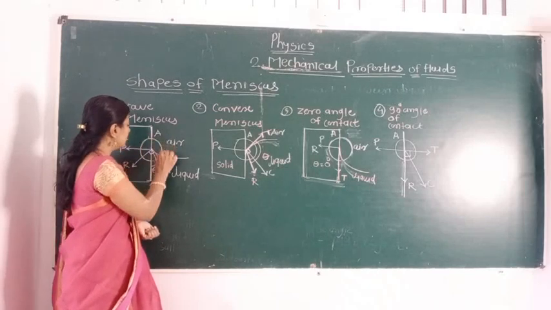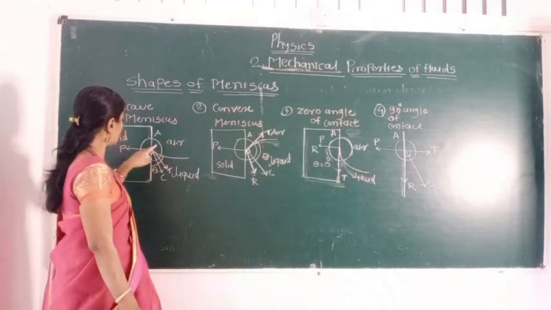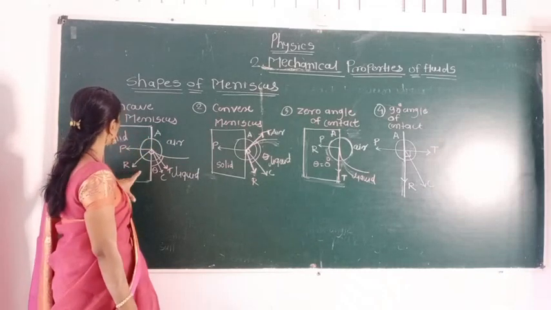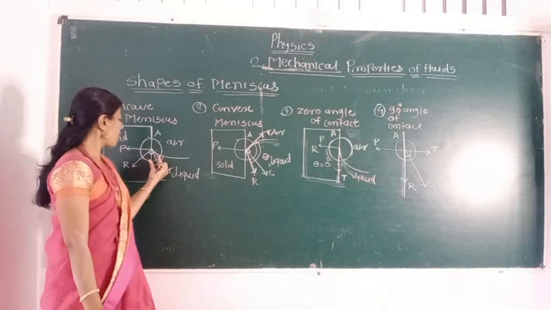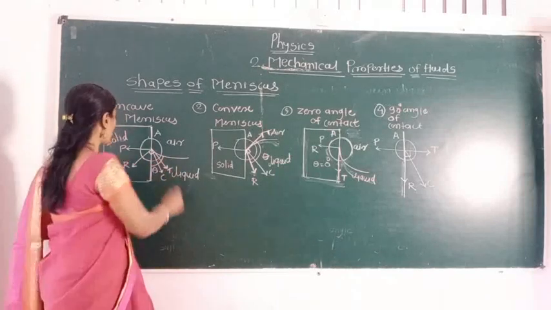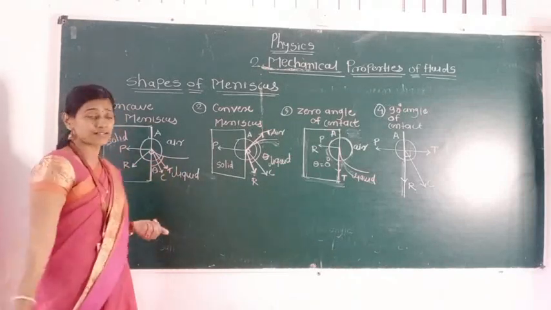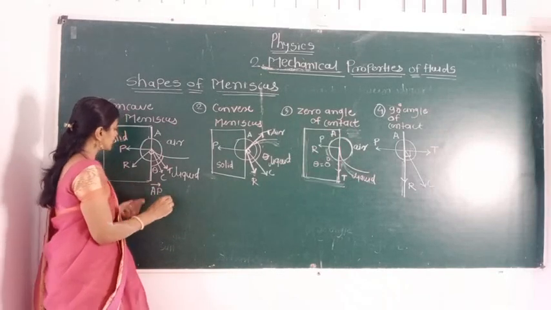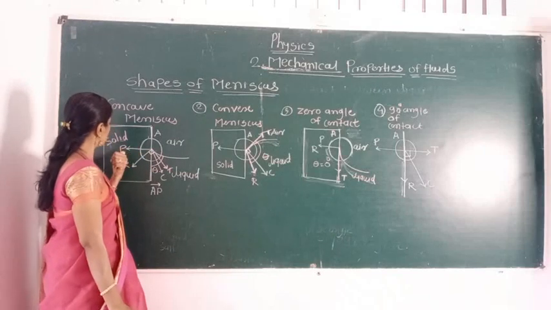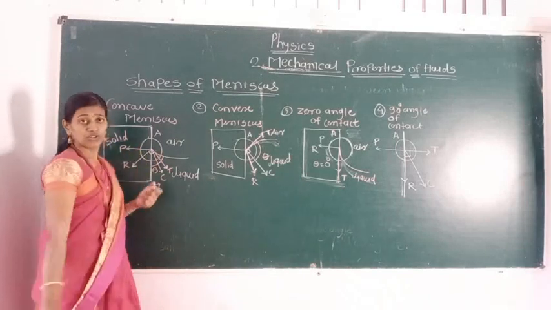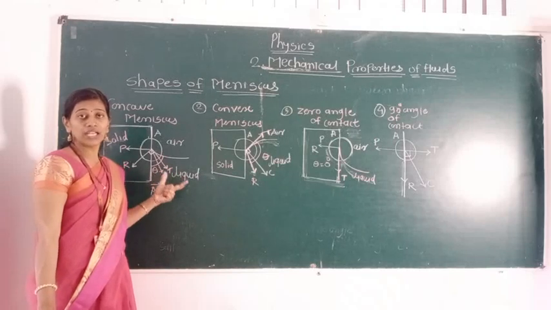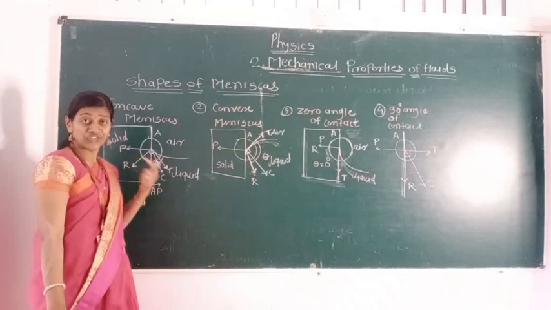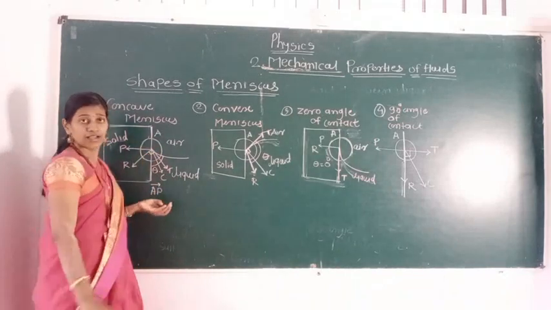Here we can understand the sphere of influence is shown. A small part of air is occupied here, the maximum part is occupied by solid, and a small part by liquid. On that molecule A the forces are present. First is the adhesive force. That adhesive force is shown by AP. It is the force between the solid molecule and the liquid molecule. We know the force of interaction between the molecules of different substances is called the adhesive force.